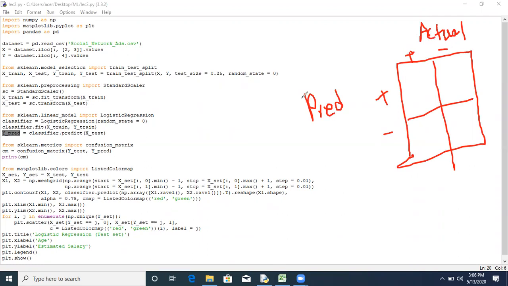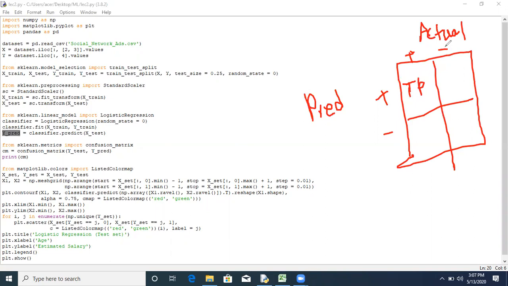So when a certain value is actually present, and you are predicting it as present, that becomes your true positive case. That means that value is actually present in the data set and you are predicting it as present. That means your result is true. So that is called true positive.